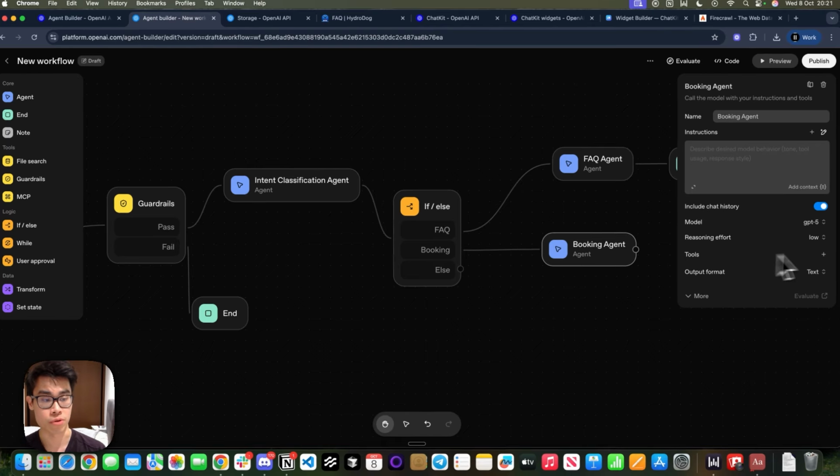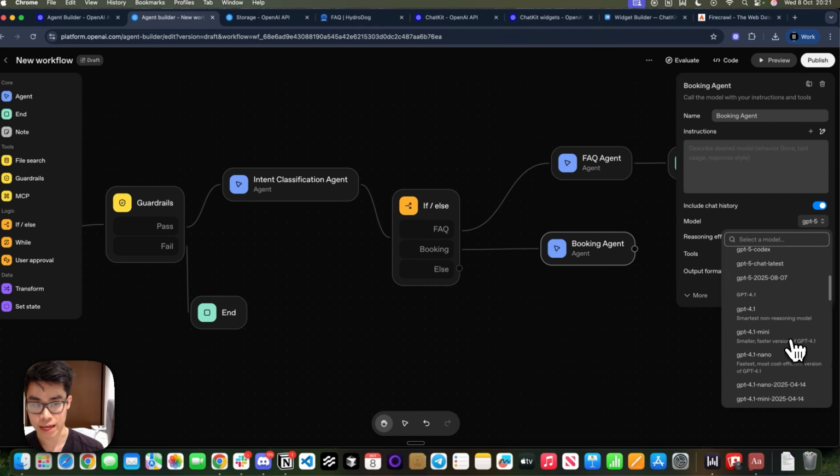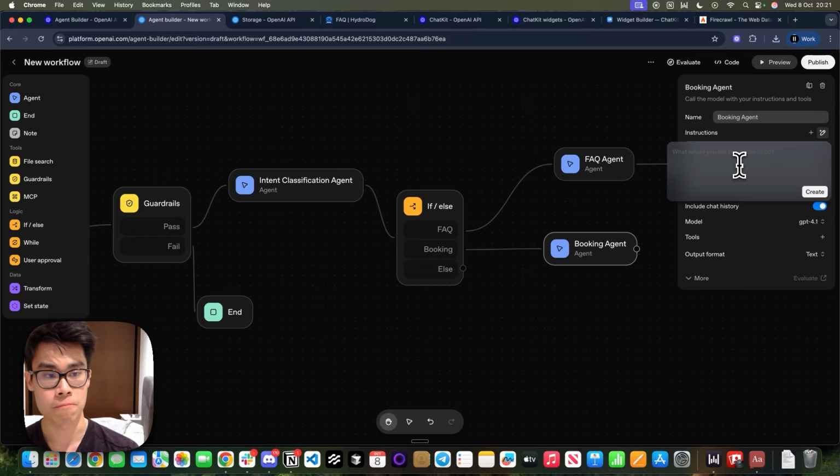If the user wants to book an appointment, we still use GPT 4.1 in most cases, actually. Let me just go ahead and create a prompt. You are an appointment booking agent for HydroDoc. You will have